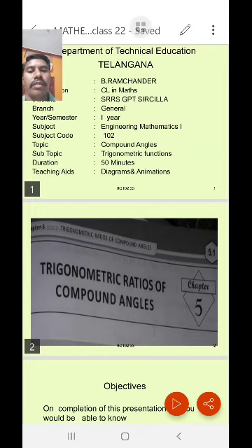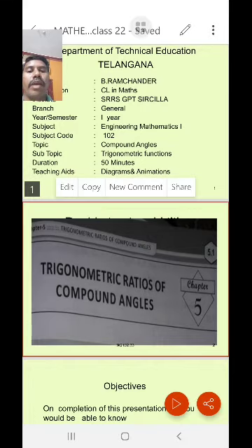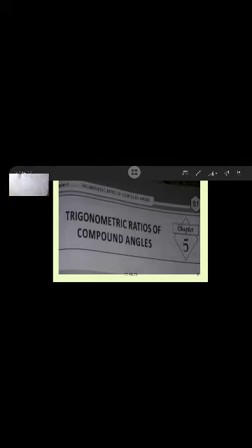Today we will learn a new chapter, that is trigonometric ratios of compound angles. See, in the previous class we learned trigonometric ratios. Here, ratios of compound angles. Compound means we are mixing, or a summation, not a single angle. So